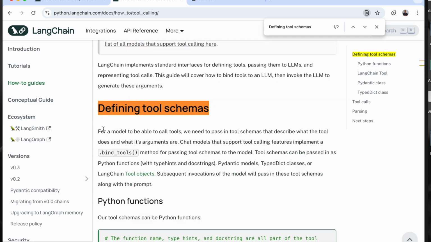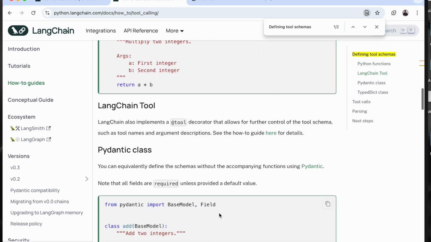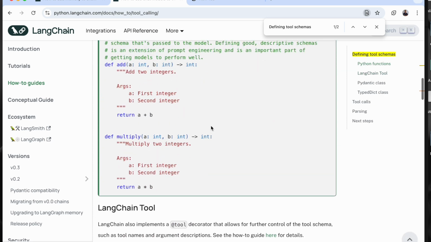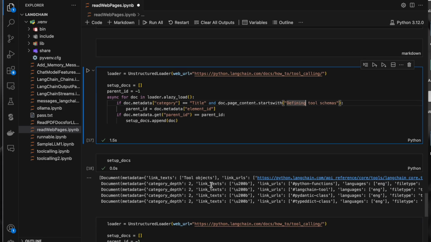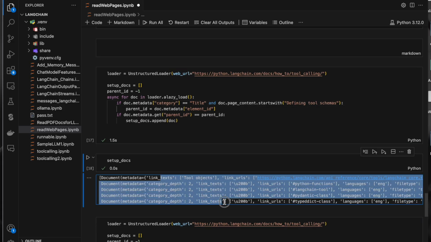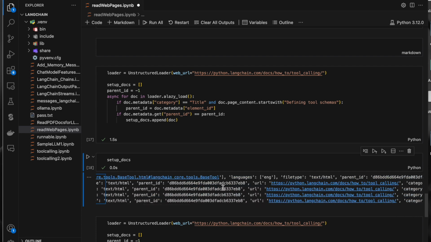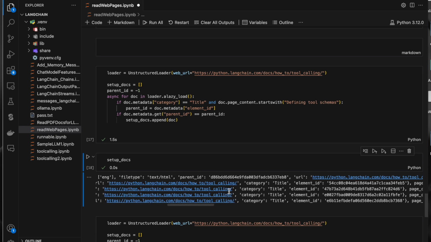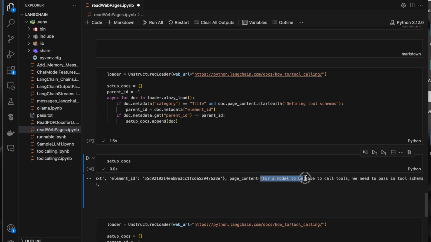There will be a parent ID assigned to each subsection in this section, and a unique element ID as well. Based on the parent ID, we can get all this information. If you see, all these 4 documents have the same parent ID, and that's what we are getting here. We are getting all the required content. That's it. For a model to be able to call tools,